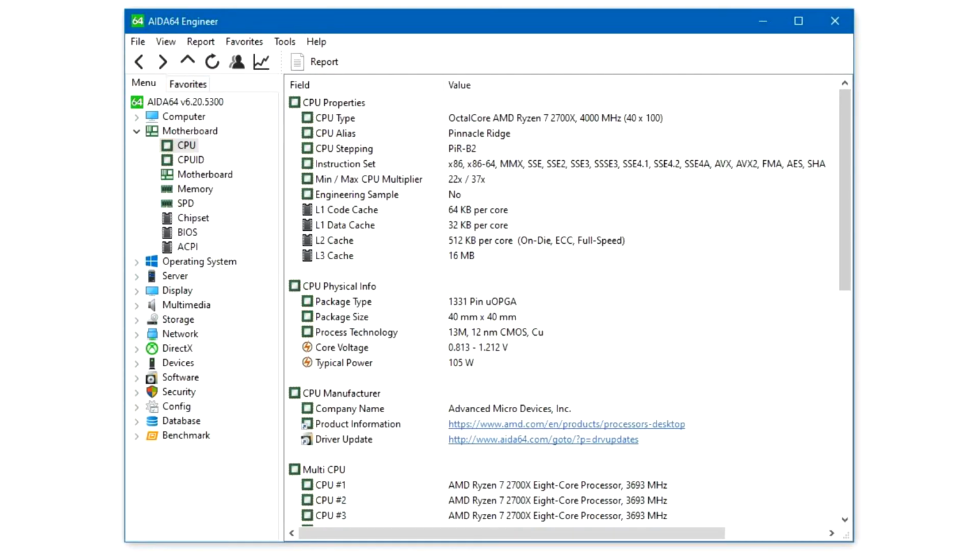FinalWire announces AIDA64 v6.20 with AMD Renoir and RX 5500 support. FinalWire Limited today announced the immediate availability of AIDA64 Extreme 6.20 software, a streamlined diagnostic and benchmarking tool for home users, the immediate availability of AIDA64 Engineer 6.20 software, a professional diagnostic and benchmarking solution for corporate IT technicians and engineers, the immediate availability of AIDA64 Business 6.20 software, an essential network management solution for small and medium-scale enterprises, and